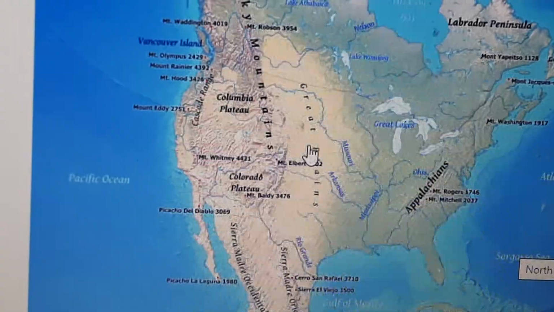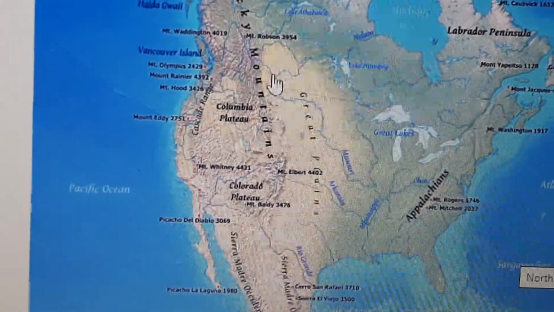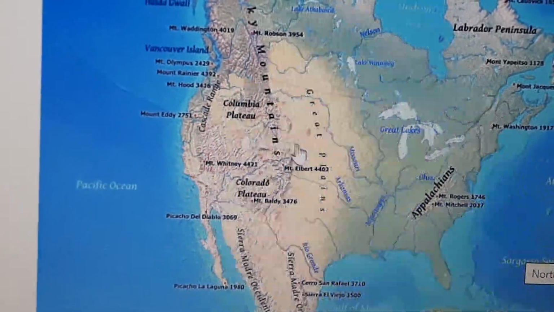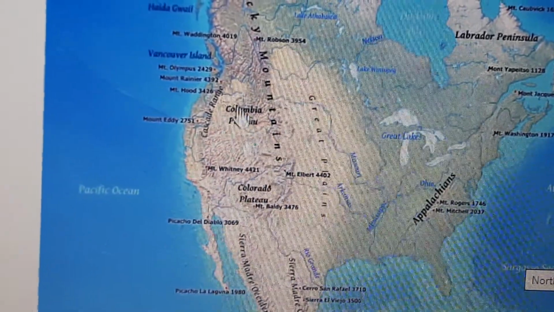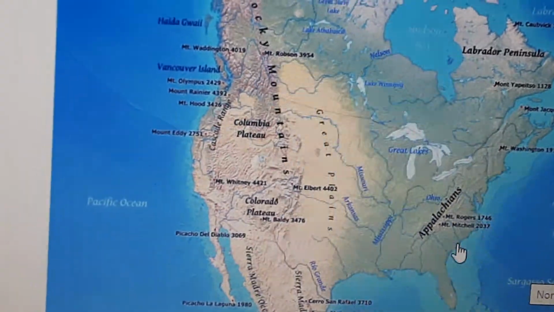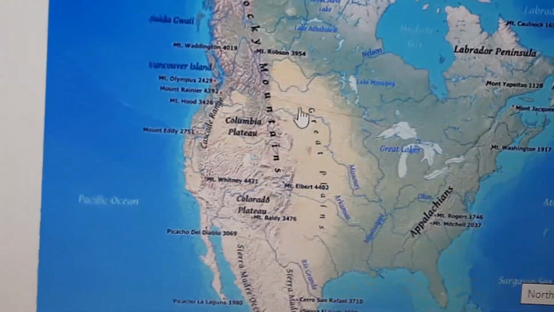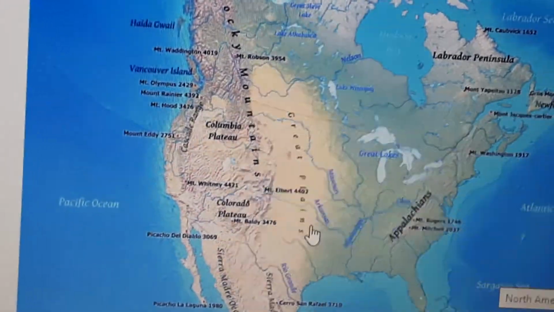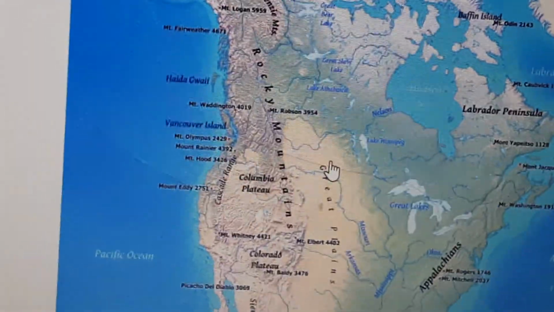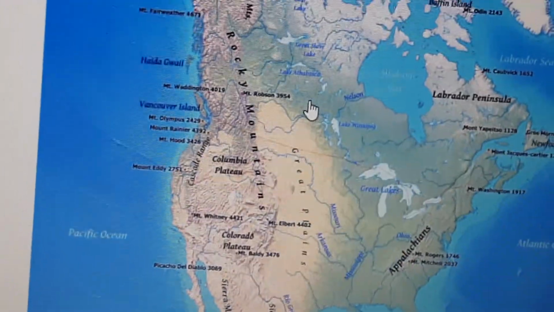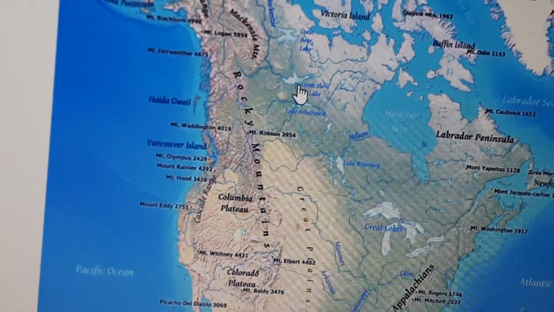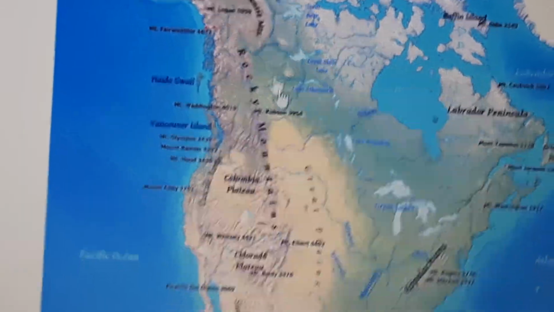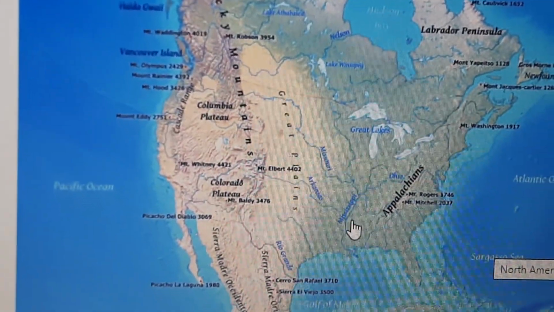Now we will talk about the Great Plains, which are situated in the central part of North America. Between the Western Cordilleras and the Appalachians, there is a region of vast fertile lowland known as the Great Plains or the Central Plains. These plains extend from the delta of the river Mackenzie at the Arctic Ocean in the north to the Gulf of Mexico in the south.